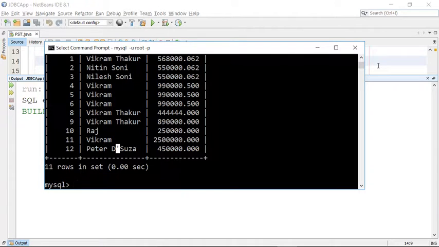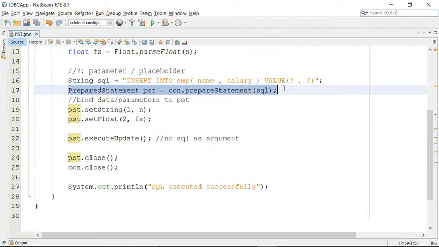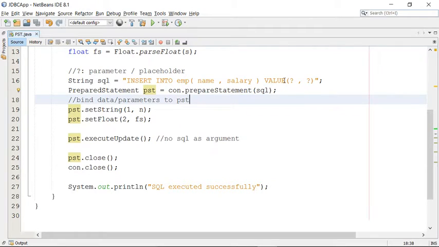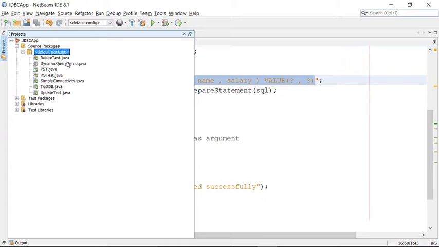So I cannot restrict the user not to insert any name containing this apostrophe. So we need to handle these things with the help of our technology. So prepared statement is the right choice to handle SQL injection. So this is very simple. There are a lot of advantages you will see by using the prepared statement here. The very first advantage is dynamic query building will be simple. So writing a query like this will always be easier, because of the problem we have seen from the previous dynamic query